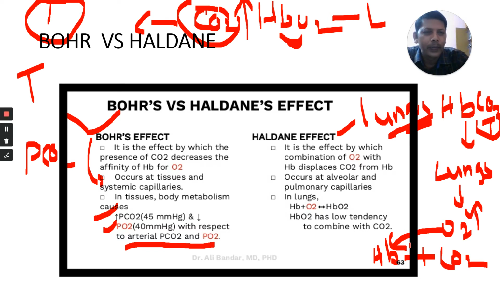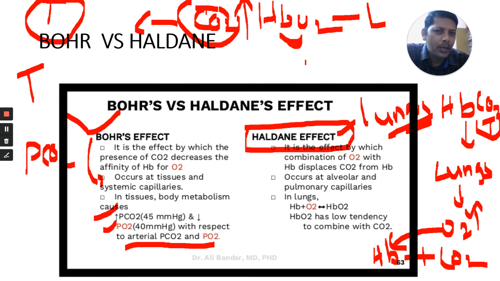Next, come to lungs. Who is high at our lungs? When we breathe air, all gases are taken in, but what is more in our lungs? Oxygen. When oxygen is more, the affinity, the love between hemoglobin and carbon dioxide decreases. Hemoglobin is leaving carbon dioxide and taking oxygen. Haldane effect takes place at our lungs, because hemoglobin binds with oxygen here, as there is more oxygen.